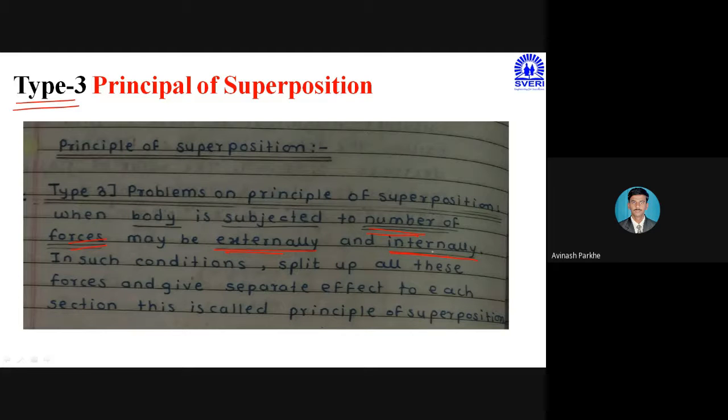म्हणजे एक बॉडी आहे, त्या बॉडीवर नंबर ऑफ फोर्सेस अप्लाय झालेले आहेत आणि त्या फोर्सेस मधले काही फोर्सेस हे त्या बॉडीच्या आउटसाइडला ऍक्ट झालेले आहेत, म्हणजे एक्सटर्नली अप्लाइड. Some forces are applied internally. In such condition, what we have to do, it is not possible to take only one force for the further calculation. म्हणजे एक्सटर्नलच्या बाजूला 50 किलोन्यूटनचा फोर्स अप्लाय झालेला आहे आणि इंटरनलला 40 किलोन्यूटनचा फोर्स अप्लाय झालेला आहे. तर आपण तो 50 किलोन्यूटन किंवा तो 40 किलोन्यूटन फोर्स ऍज इट इज पुढच्या कॅल्क्युलेशन साठी घेऊ शकत नाही.